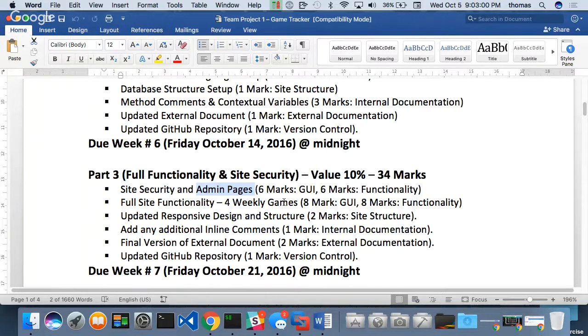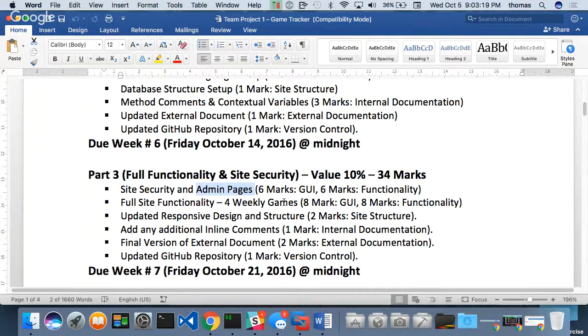I suspect, though, that possibly everybody will not have time with all the things that are going on, right? But if you do, then I'll offer. And you should list that in your external document. So at the bottom of your external document, you should have a section that says bonus features, right? And you should list all the bonus things you did right down there, and then I'll give you marks appropriately.